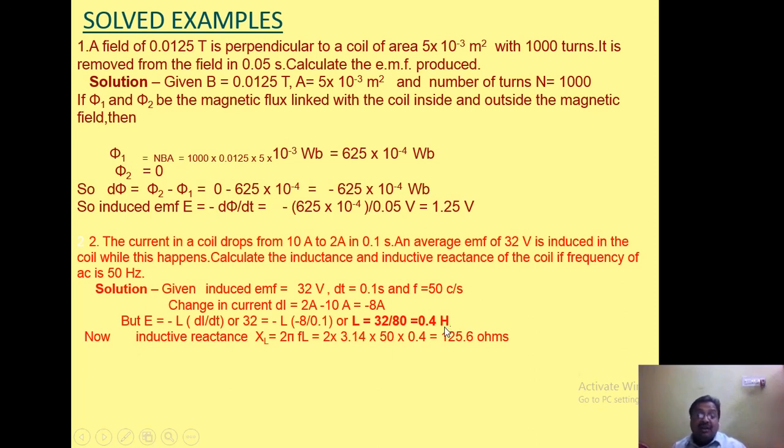So what is inductive reactance then? It is 2 pi FL. F is given here, 50 cycle per second. Substitute the value. So the resultant inductive reactance will be 125.6 ohms after calculation. If the circuit contains a capacitor, sometimes you may be asked a problem to calculate capacitive reactance. Instead of the value of L at the time, capacitance C will be given, and correspondingly you may calculate